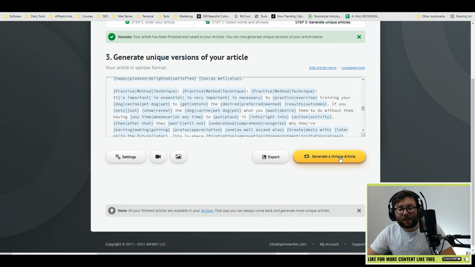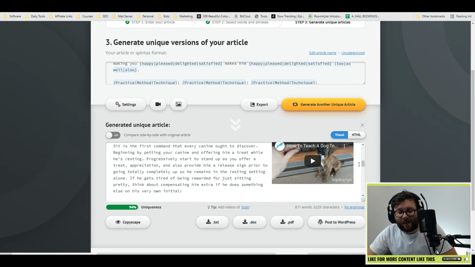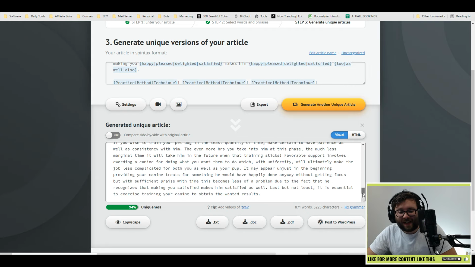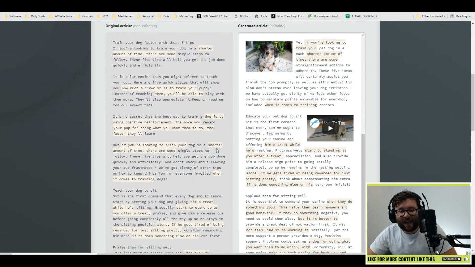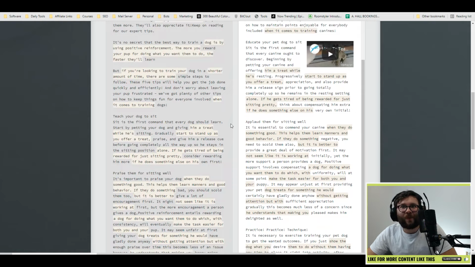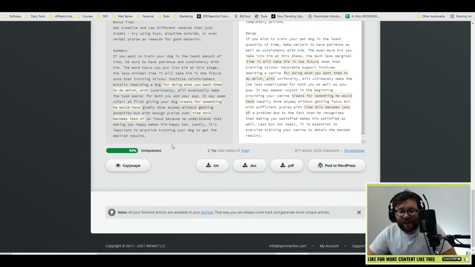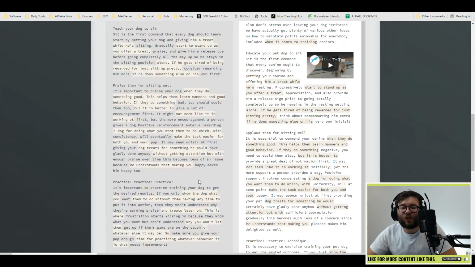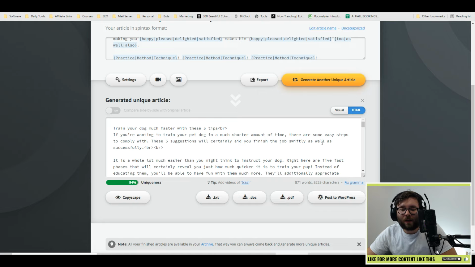So the next step is generate a unique article. And now it's generated a completely unique article ready to go. And if you want to compare it side by side, this is what it looks like, which is insane. There's just no question about it. This is so cool that it does all of that. And if you want to look at how clean the code is,